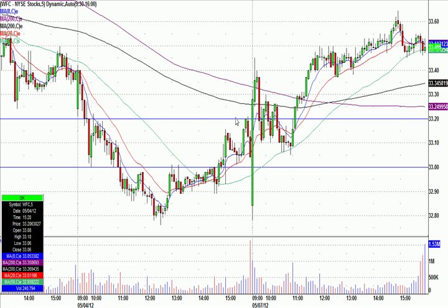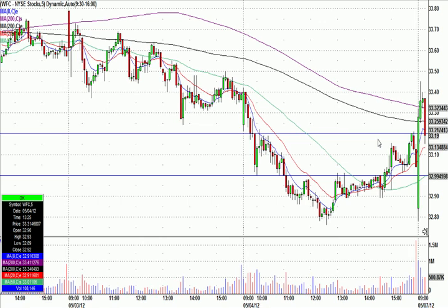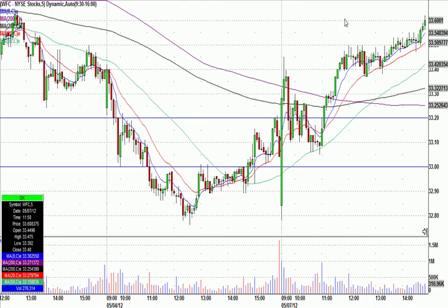This was one I projected early, when it looked like this, I believe. Gave the entry idea and the stop. Stop held fine and rallied for most of the day. Let's see what else I have here. That might be it for the...